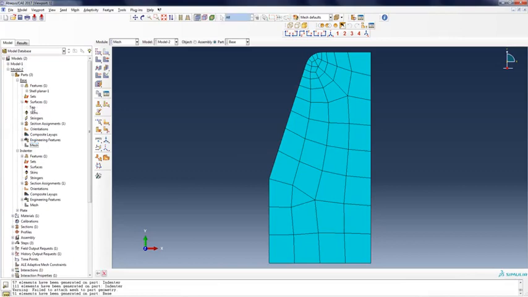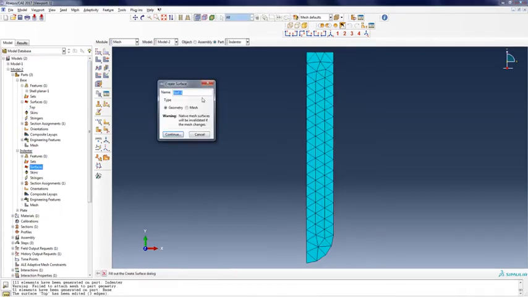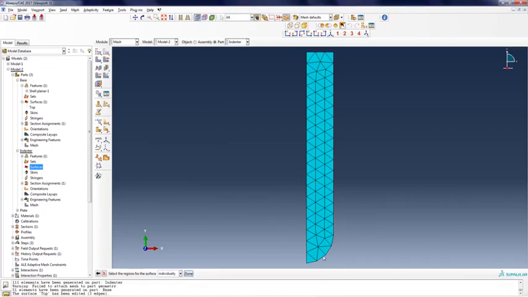One important thing is that we need to redefine our surface, because now we need to include this fillet region in the surface definition. And in the indenter, we also need to create a surface. This would be the bottom surface. Select this part, because this is the part that is actually going to come into contact with the plate.